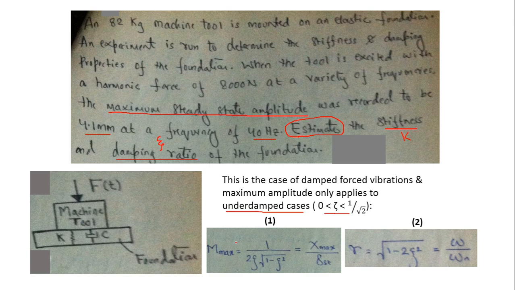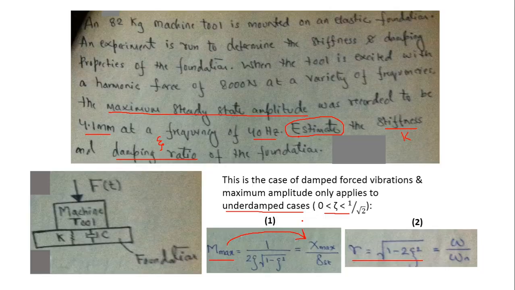The first one is the maximum value of the magnification factor, and that is equal to 1 upon 2 zeta under root 1 minus zeta square. And you all know that this magnification factor is the ratio of maximum amplitude divided by the static deflection of the foundation. And the second formula that is valid for the underdamped forced vibration response related with the maximum amplitude is this value of R, the frequency ratio. So at this value of R, the maximum value of the magnification factor is given as 1 upon 2 zeta under root 1 minus zeta square. So we have these two equations, and